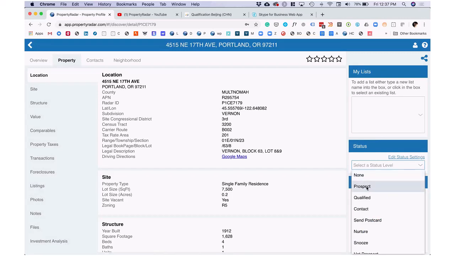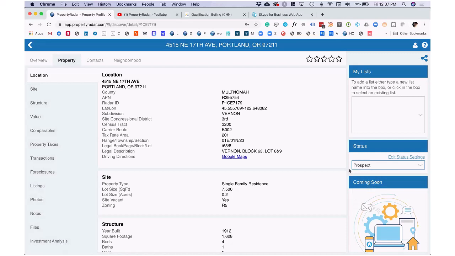Like, this property's underwater, it's got some opportunities, I may want to end up contacting that. So add that person to a status of prospecting. So driving for dollars is amazing when you've got data in your hand to work with to augment your reality, basically.